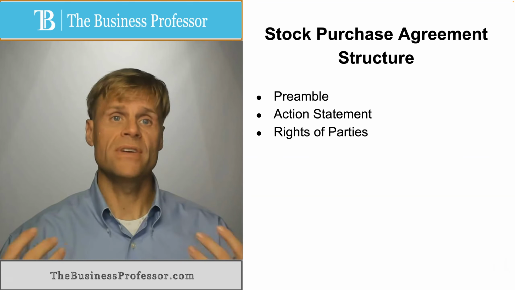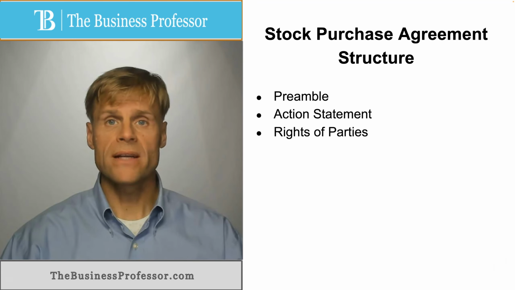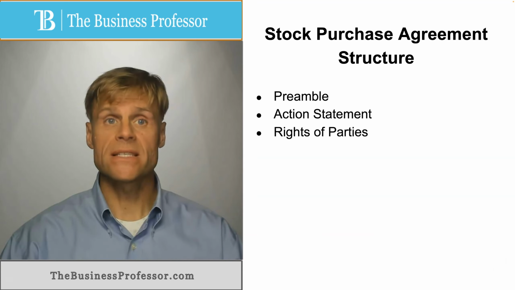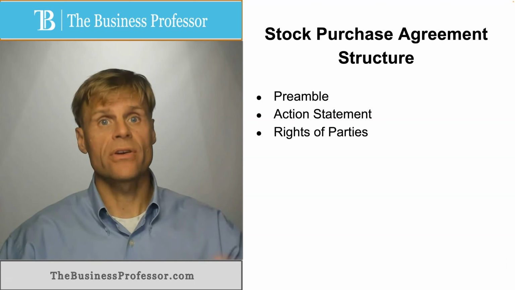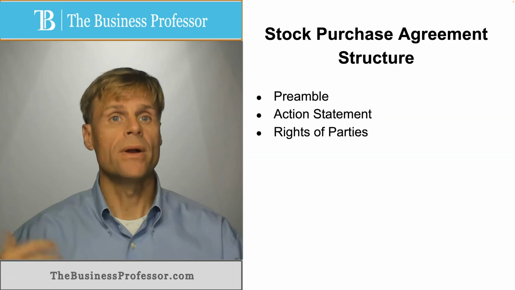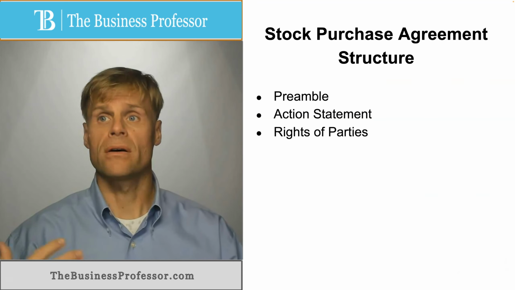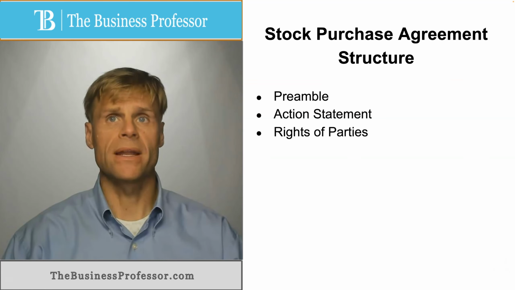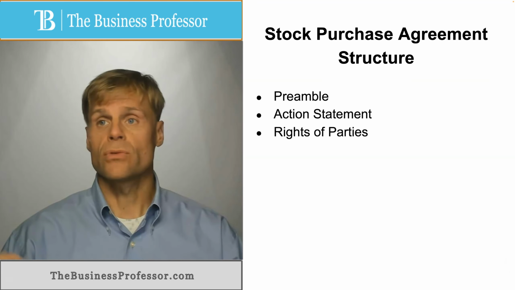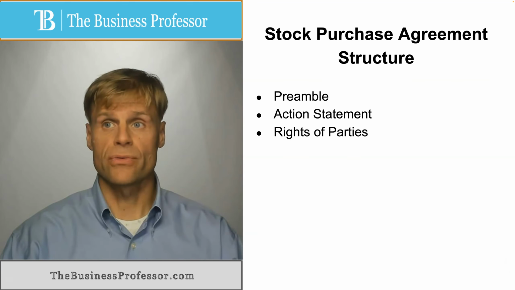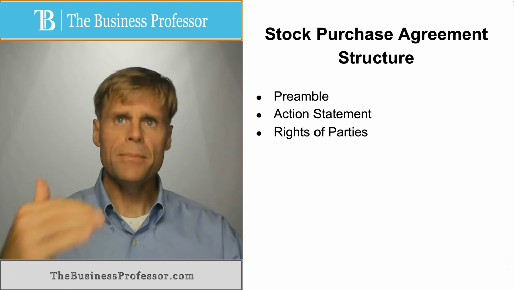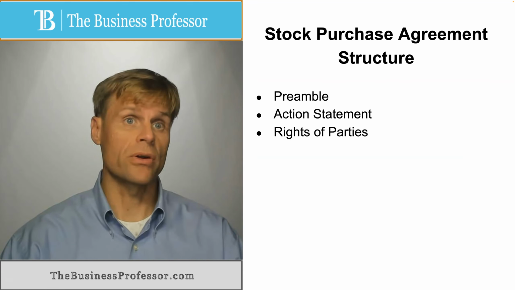Then you have the provision that is the rights of the parties. The rights of the parties are generally the provisions stated in the term sheet that have previously been negotiated. They are just further expounded in this agreement. Oftentimes they make reference specifically to the bylaws that will be amended and restated as part of the agreement, but it lays out things like redemption rights, rights of first refusal, liquidation preferences, conversion rights, piggybacking rights, registration rights, many of the provisions that are negotiated as part of the funding deal.